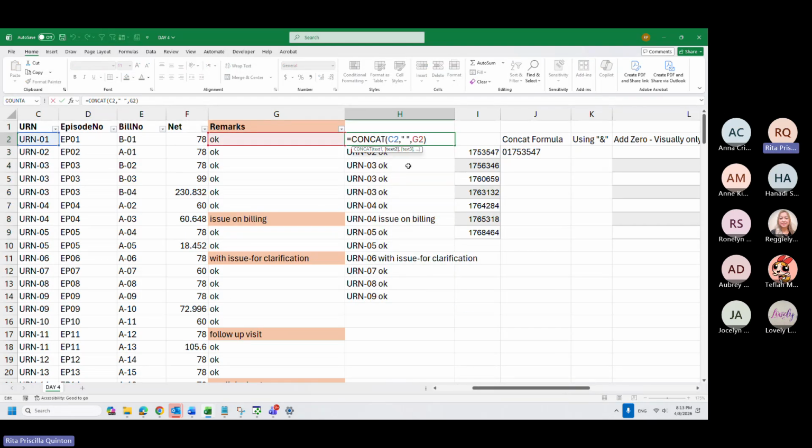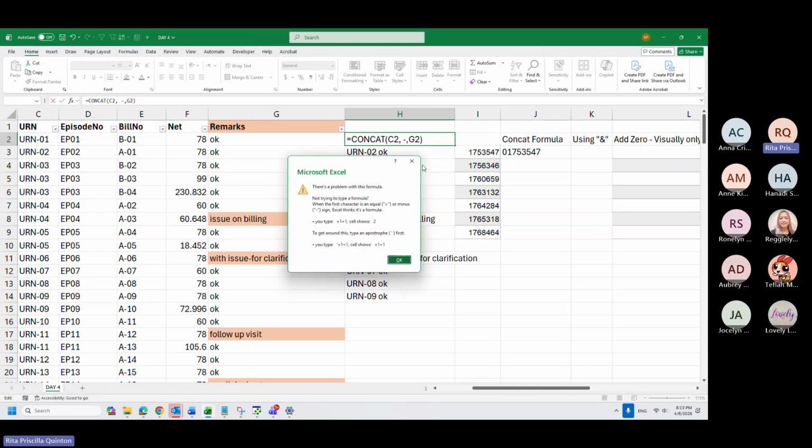If you want to put a dash, concatenate will ask you what is the first text that you want to appear. So we put here the MR number. The second text I want is a space and a dash. And the last text will be my remarks. If I remove this and put only space and dash, it will result in an error.